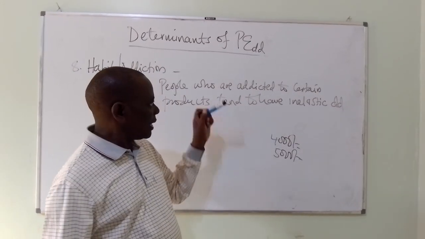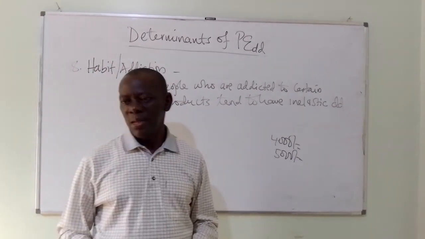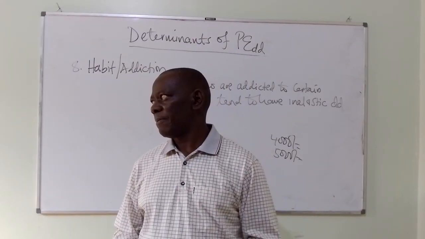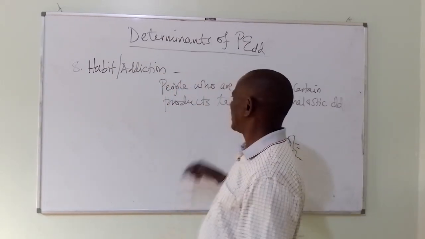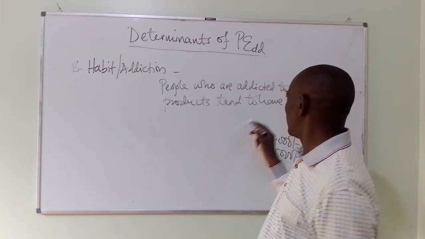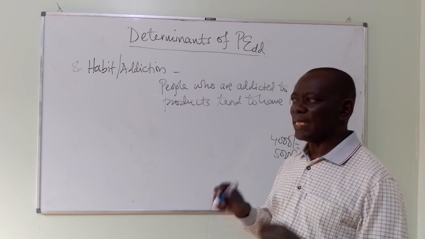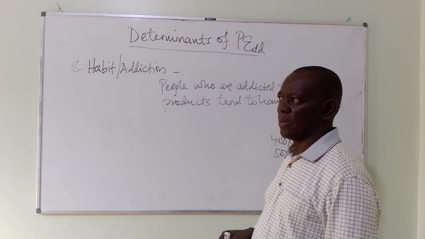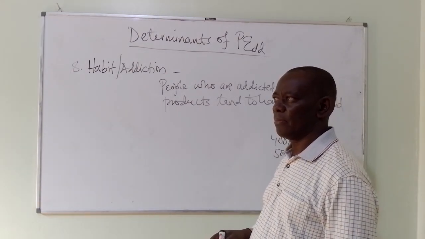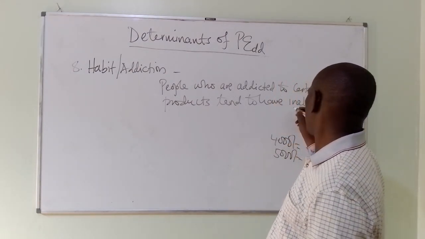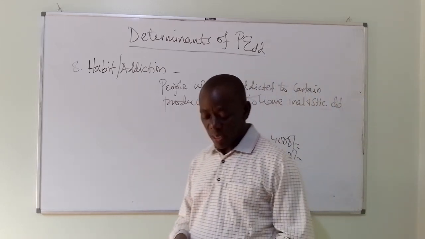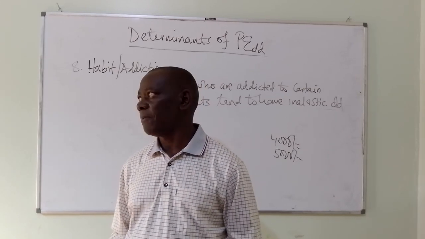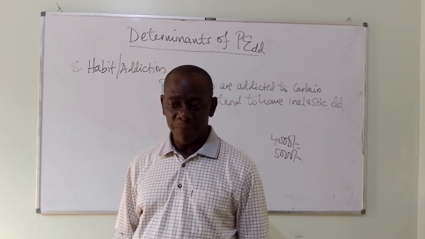But a person who is addicted to alcohol, a person who is addicted to cigarettes, will have inelastic demand. He is addicted to that product. He cannot change, and he cannot do away with it. So that one, we call it addiction. And therefore,